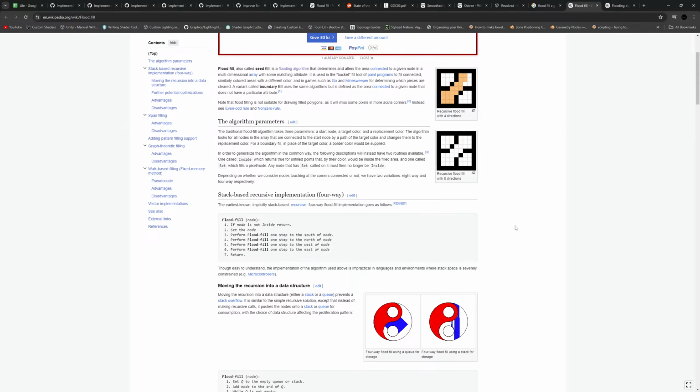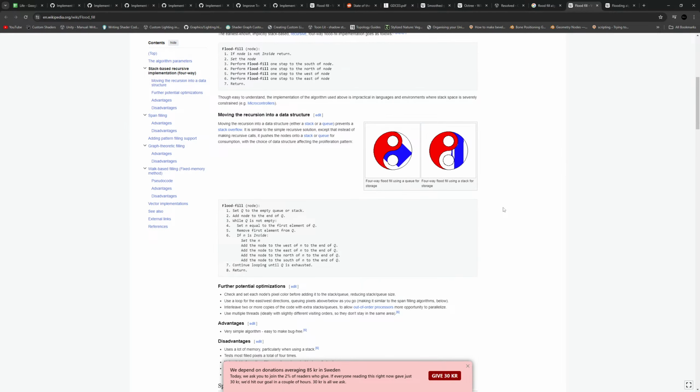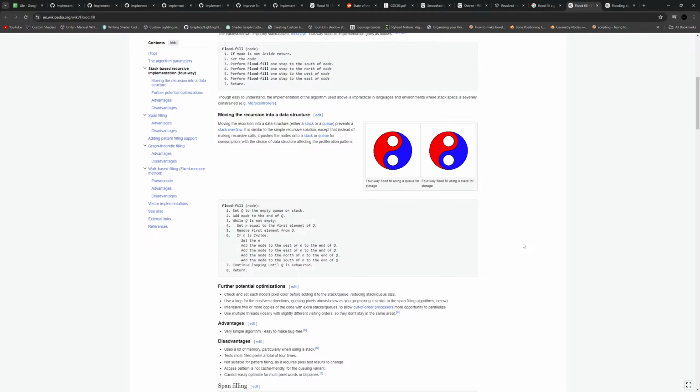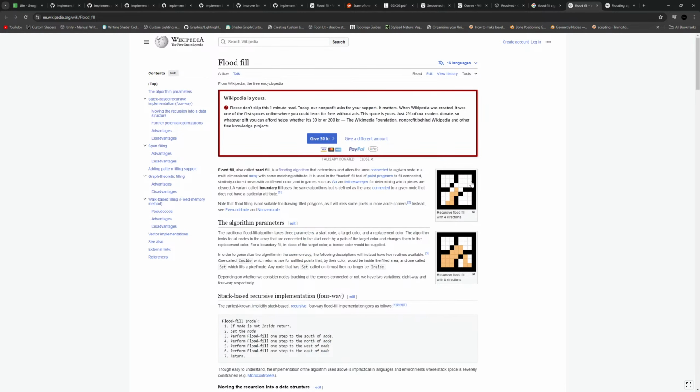Okay, so this is the most simple approach to it, I would say. And the data is pretty much binary, right? It just finds connected